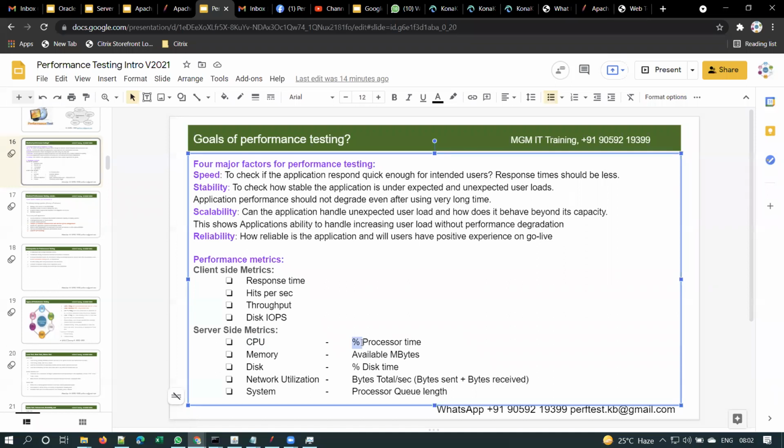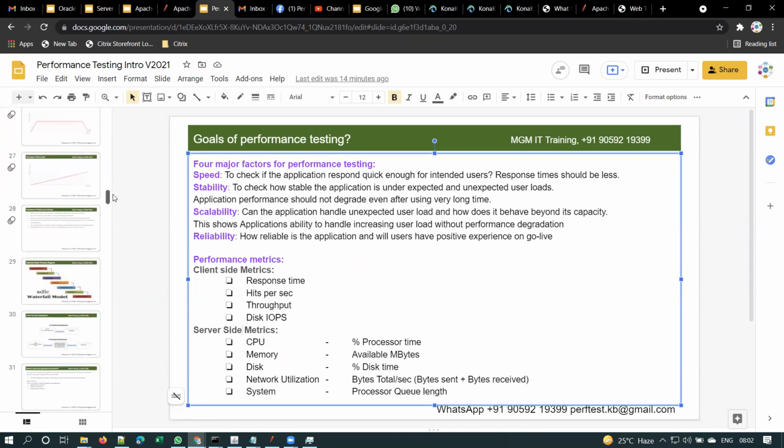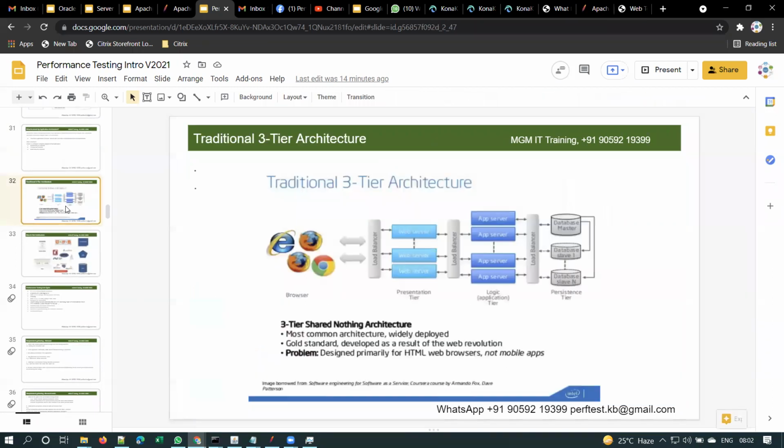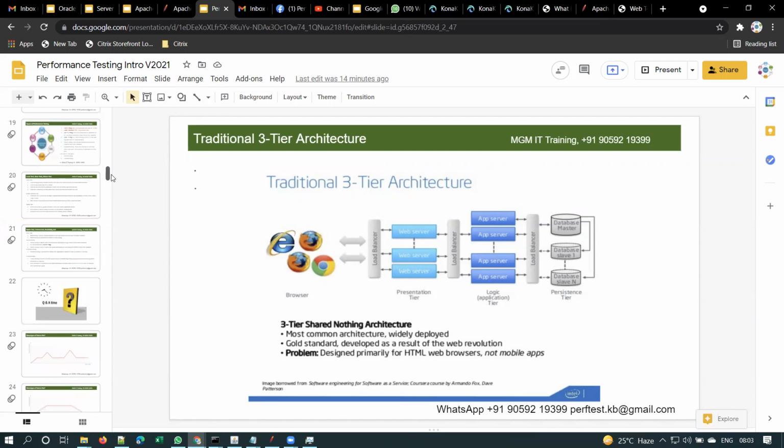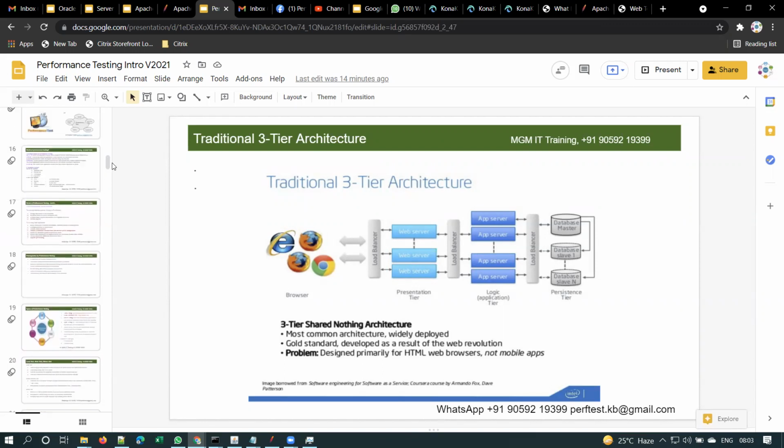Percent processor time on the servers. When I say server side metrics, we have to monitor these metrics on all these servers: web server, application server, database server, when you are doing performance testing for any application.